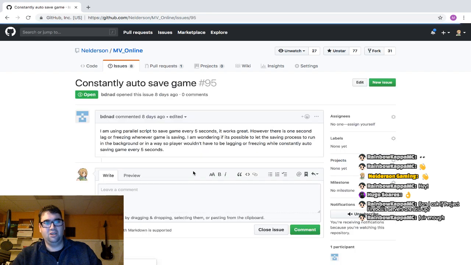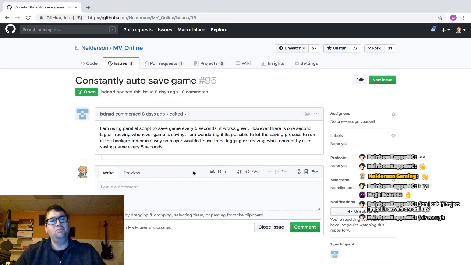Constantly autosave games. I am using a parallel script to save the game every 5 seconds. It works great. However, there is a 1 second lag or freezing whenever the game is saving. I'm wondering if it's possible to let the saving process run in the background, or a way so the player wouldn't have to experience lagging or freezing while constantly autosaving every 5 seconds. So I think this has to do with